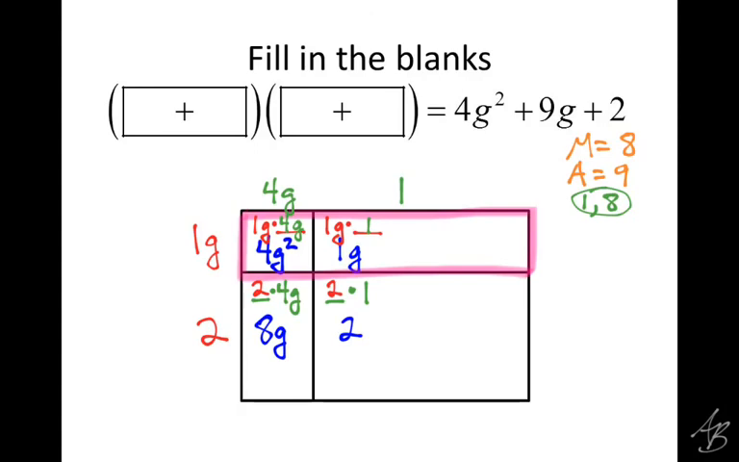Now that we're done with the area model, this isn't one of the steps in your notes, but we still need to write our answer. So we're going to write our answer as the height times the width. What is the height of this rectangle? 1g plus 2. Instead of putting the 1 in front of the g, I'm just going to write g plus 2 because 1g means the same thing as g. And then the width of the rectangle is